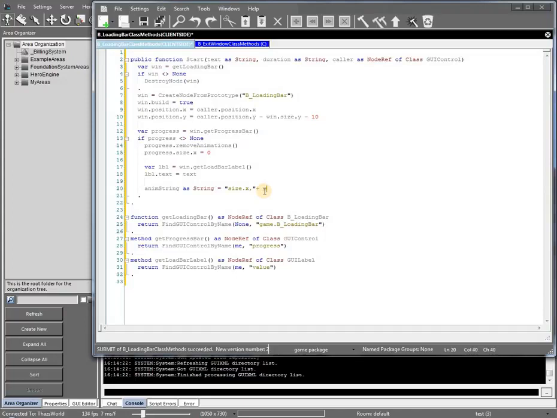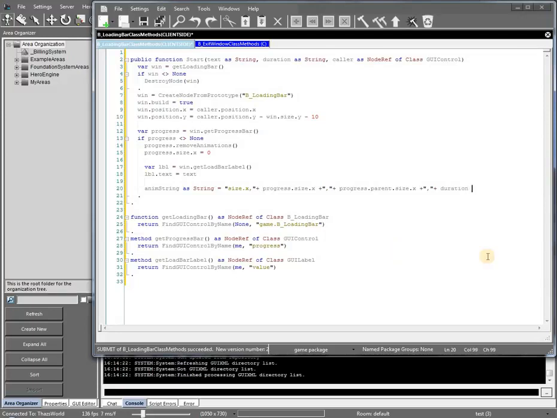Then we'll add progress size X and then a comma, and then next will be our progress parent size X, then another comma, and duration,